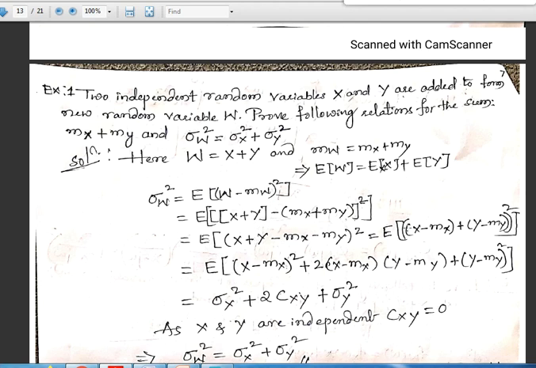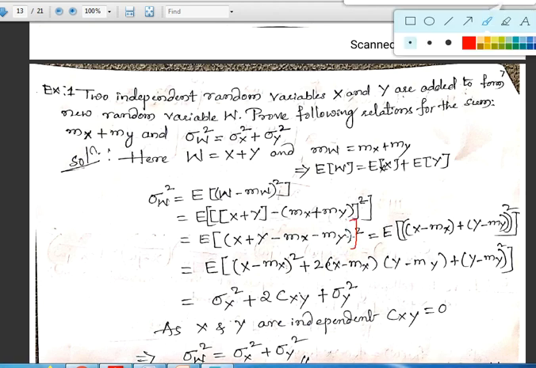the square of (x minus mx plus y minus my). So let's consider this bracket and it is squared. We can write E of this as the square of a plus b, applying it: (x minus mx) squared, (y minus my) squared and 2 times (x minus mx)(y minus my). So by using those, we get σ_x squared plus 2 c_xy plus σ_y squared,